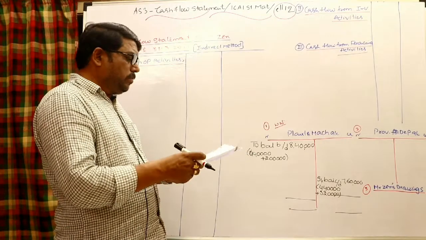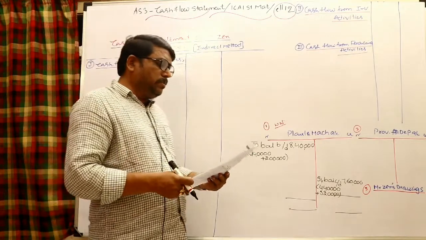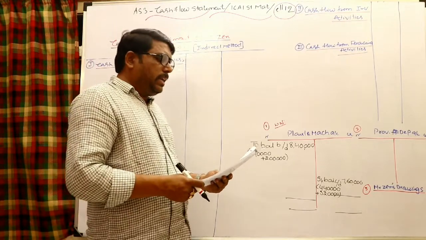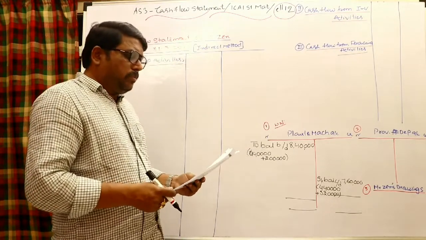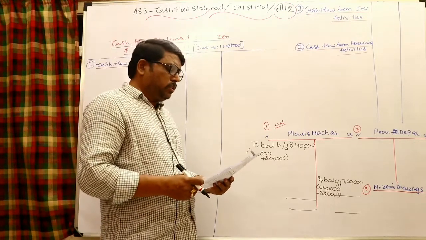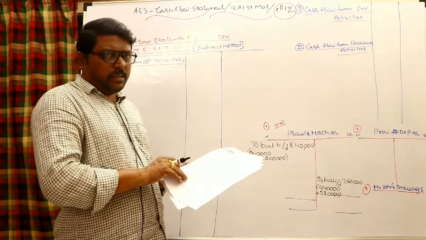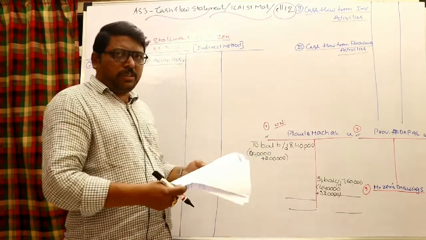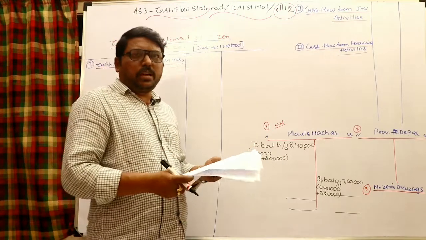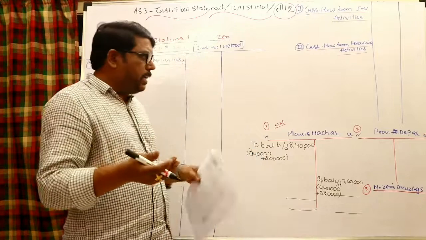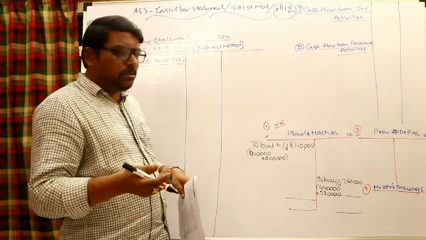And moreover, at the end of the period it is given that a machine, not completely, only 80,000 cost, was sold, which has accumulated depreciation of 24,000 and sold at 40,000. Now in the provision method, whenever a sale takes place, the entire provision for depreciation for that asset should be transferred from the provision for depreciation account to the asset account. Entry: provision for depreciation account debit to asset account.